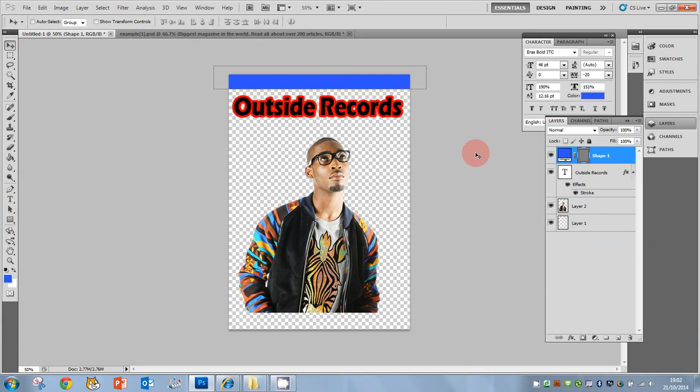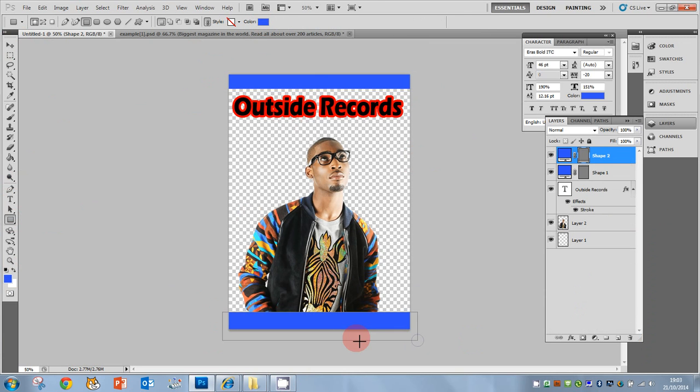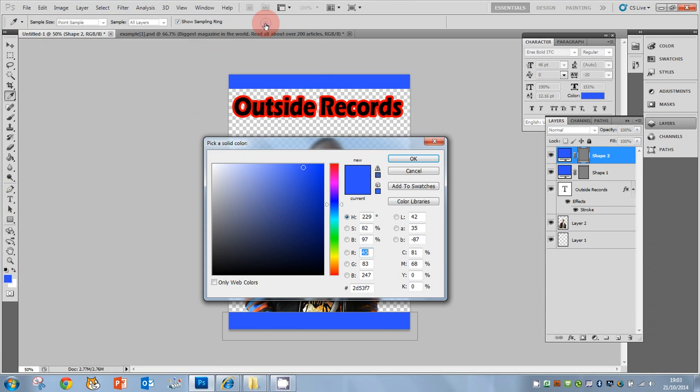What I'm then going to do is, I've drawn the top one, I'm going to draw a different coloured box along the bottom, keeping with my colour scheme of blue and red. I'm going to come back to the rectangle tool. I'm then going to select a new colour at the top here. So I'm going to draw the rectangle first, my mistake. Draw the rectangle first, so I'm going to make it about that size, just so it touches the bottom of the image. Once I've drawn it, I'm going to come up to the top and I'm going to select a